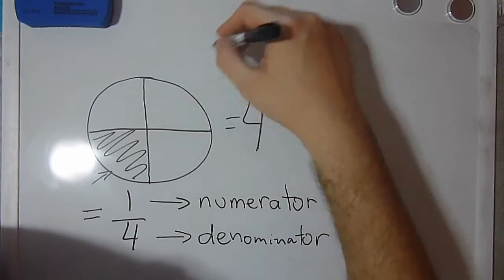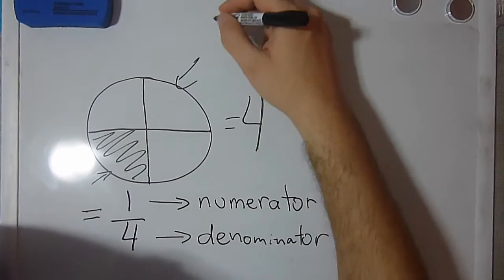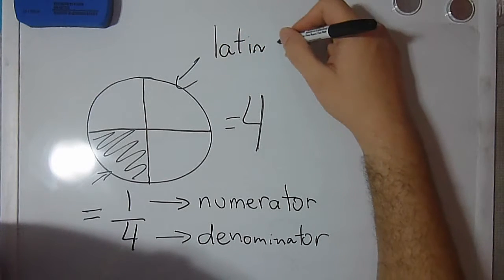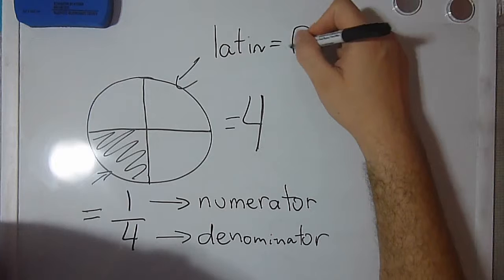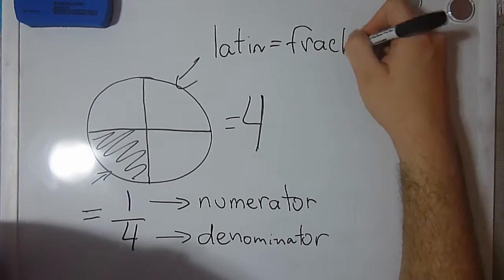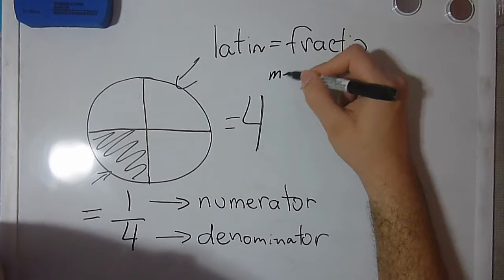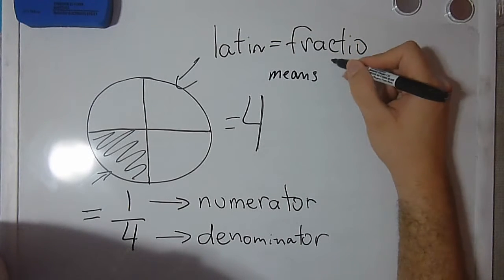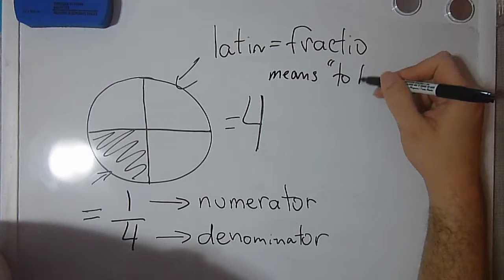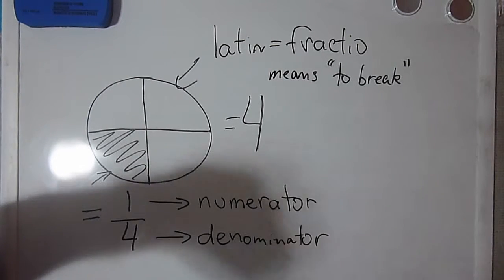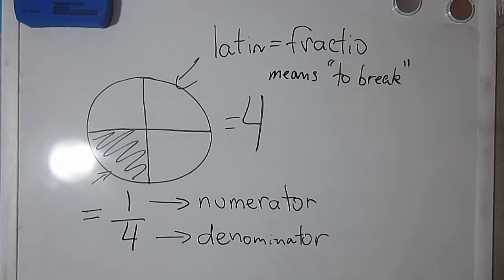Now, if you eat another part or another fourth, you have 2/4. Now, fraction comes from the Latin word fractio, that means to break. And what we do with fractions is cut an entire into smaller parts. We break it into other units. This is very useful when you don't want to use an entire unit and you only want to consume a